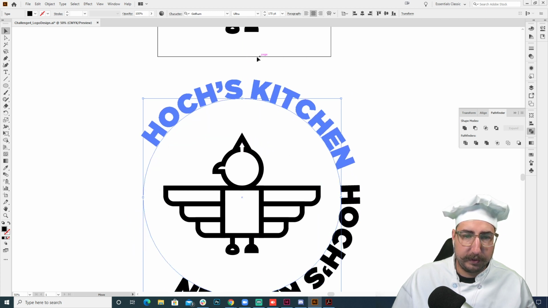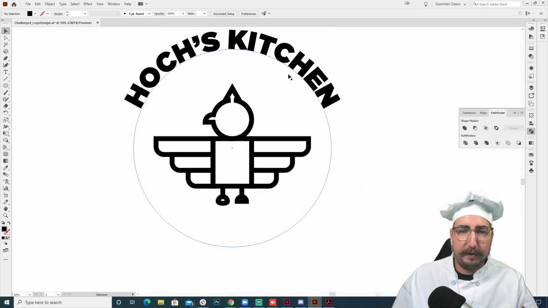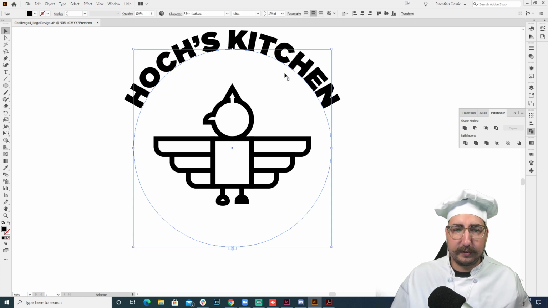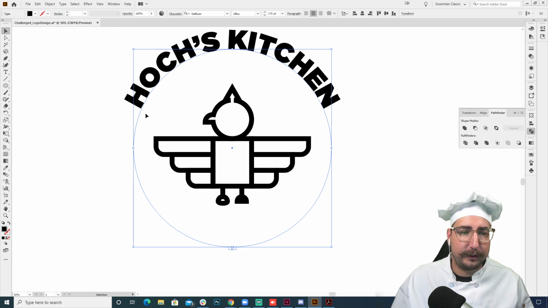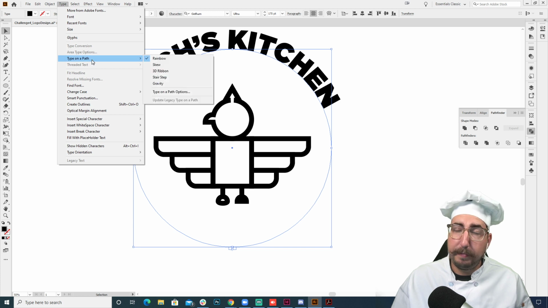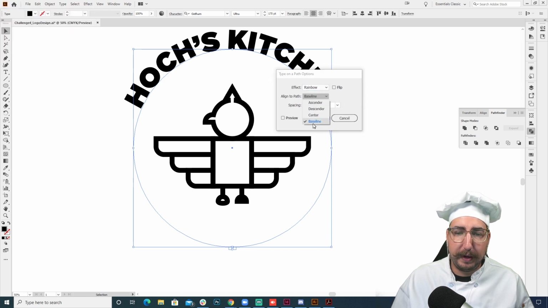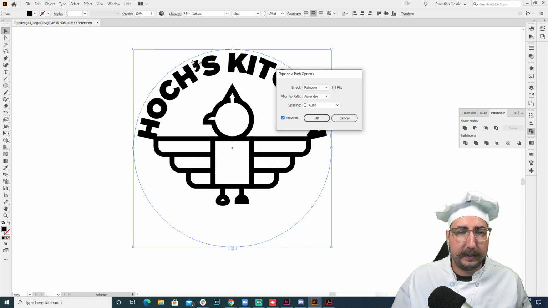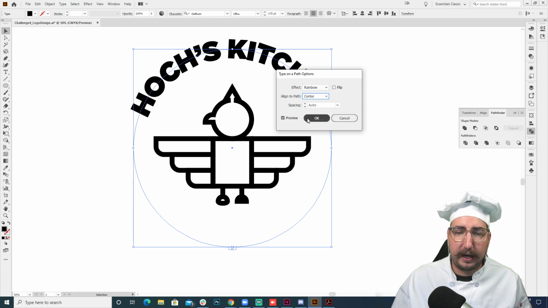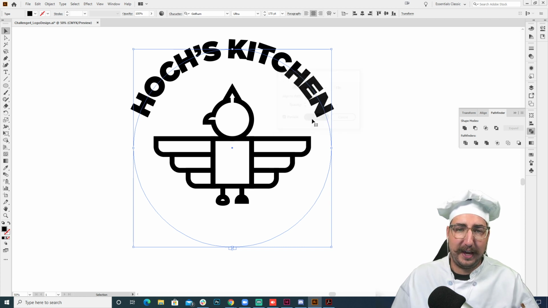Oh, got a little wonky. Sometimes you have to wiggle it around a little bit. There you go. So we are going to take this. And the thing that I like to do is align to center. So right now you can see the letters are following the baseline. If we go to type on a path, and then type on a path options, you can change this option from baseline to center. So if we see ascender, turn on the preview, you'll see that it goes up to the top. So if we do center, it goes right on that line just where we want it. So we're going to hit OK.